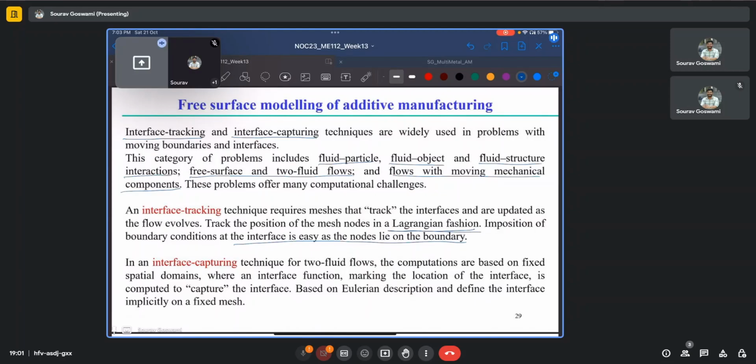The other type of methods, which are the interface capturing methods, especially used for two fluid flows, use the fixed spatial domains and the fixed meshes. And it is just that the interface function, which demarcates the location of the interface, is computed to capture the interface. So say you already have your well-defined domain,